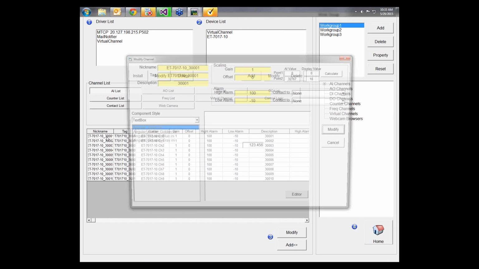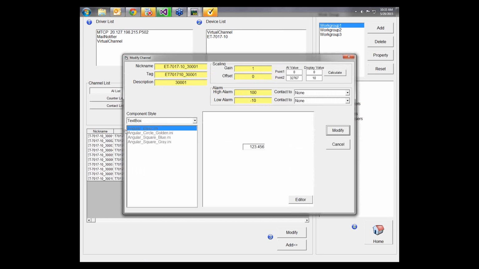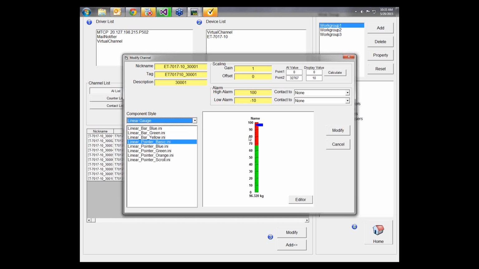I'm going to click my first input, which is already connected to my power supply here. So I can edit my component, which is shown on the screen. I can select angular gauge, or let's say linear gauge. Let's do linear gauge. I also need to do scaling. Since I have -5 to 5 volt, I'm typing here -5,000